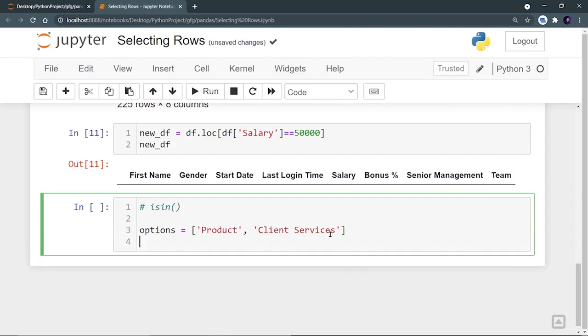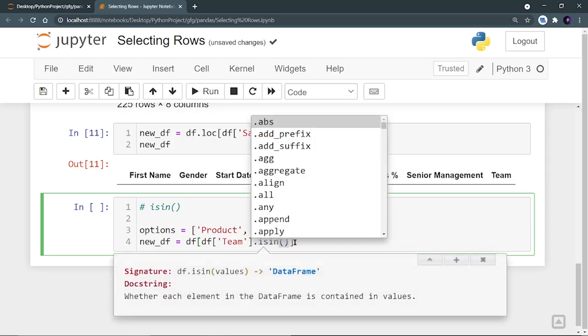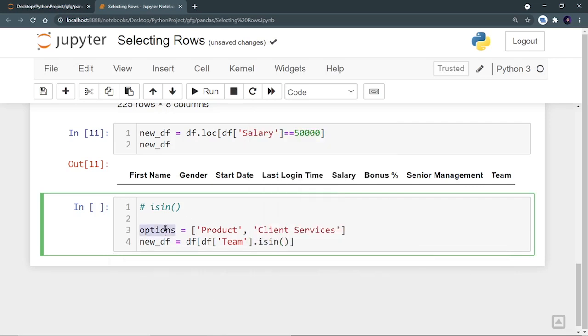Now how can I achieve it? I will create a new data frame, new df is equal to df at team dot isIn. So here comes the point of using the isIn function. In the parameter, we have to provide this options list.